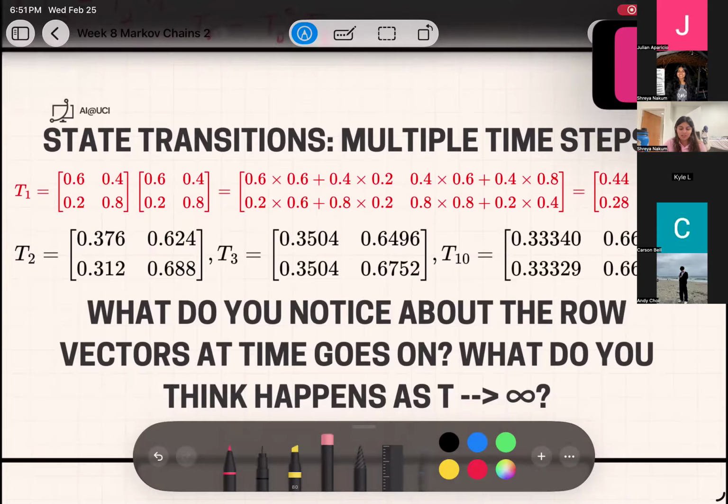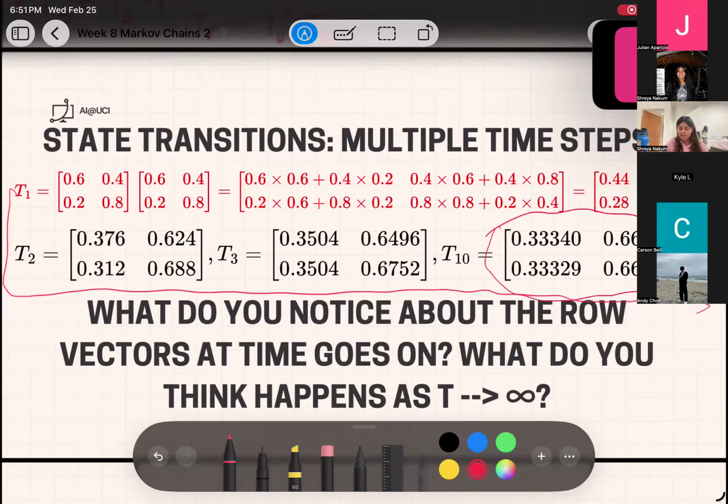That's what they become. You're like, oh wait, this is interesting. You know, the probabilities, some of them went down by a lot. They all changed. But the main thing I just want you guys to see here is that as you increase your time steps, you'll notice something funny happen to the probabilities. They get closer and closer to some mystery value. After 10 time steps, even from 3 to 10, they're getting closer and closer to the values of like 0.33 and 0.66.